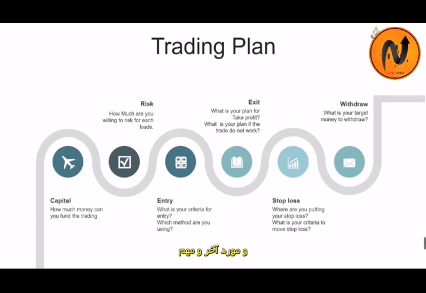And last but not least, you have your money, you earn your money. What is your target money to withdraw, and when are you going to withdraw? All right. I learned this lesson quite painfully. I want to tell you a short story. Many years ago, when I started trading, I grew my account to around 130,000 US dollars. I was thinking, I'm going to be a millionaire. I'm going to be a millionaire. So I left my money there, and I didn't withdraw a single cent.